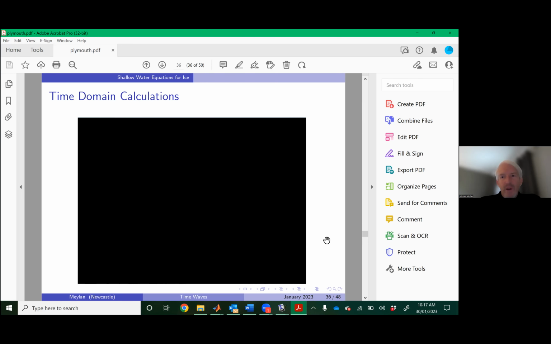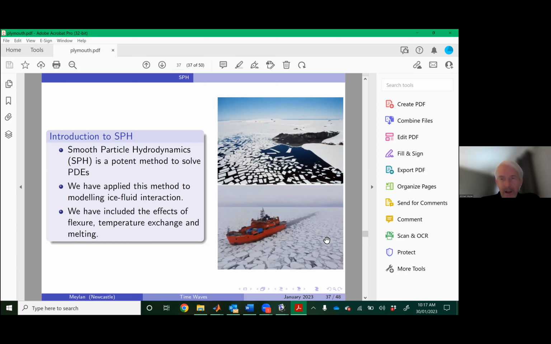is this smooth particle hydrodynamics. So this is a very, very different type of approach. It's very numerical, but it's a very powerful method. If you're not familiar with it, it's worth learning a little bit about it. And I've been working on this problem. So it's like it's the far end of